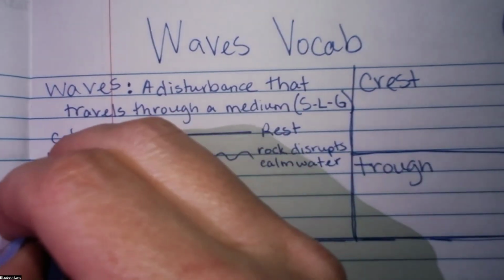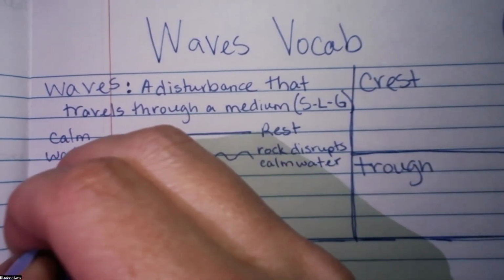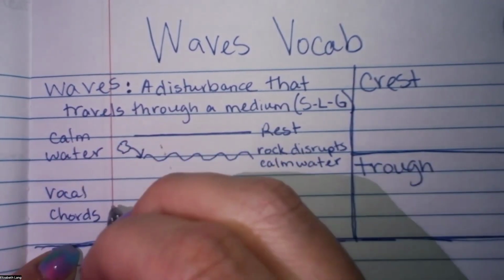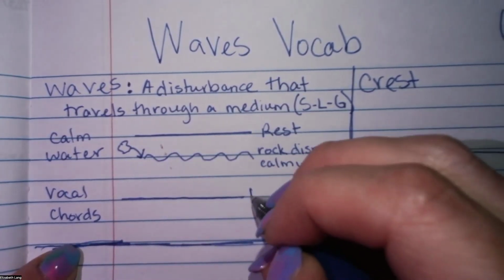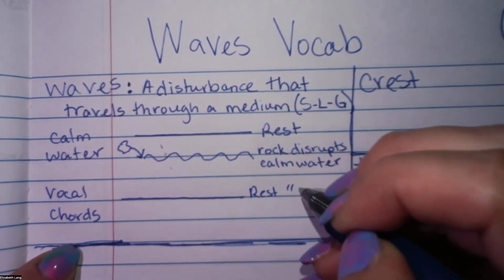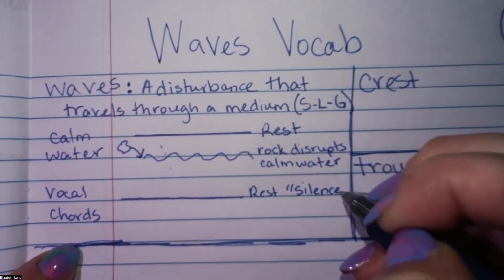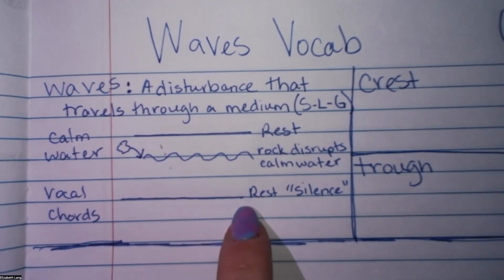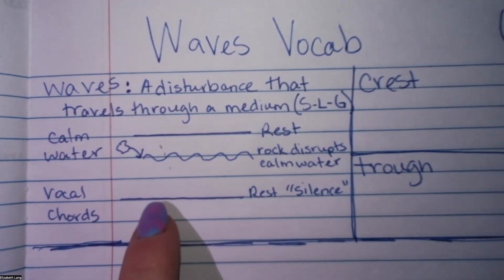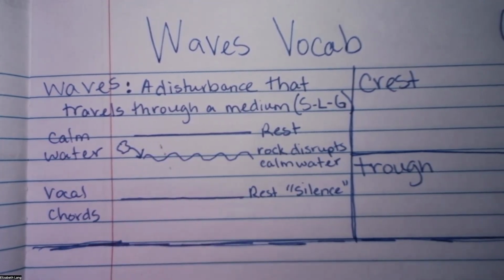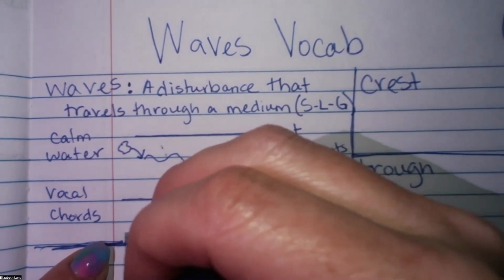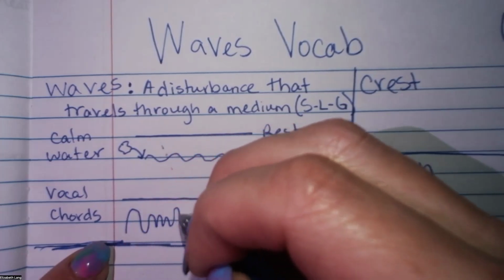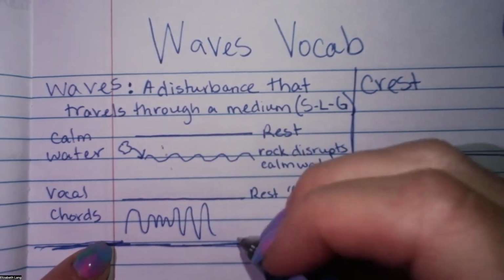Same thing when you talk. So we have vocal cords, and these are vocal cords at rest. This would be silence. Okay. Silence, no motion, no energy traveling. Your vocal cords are not vibrating. There's no vibrations here. Once you start talking, depending on your inflection, maybe you're really, really loud, or maybe you're